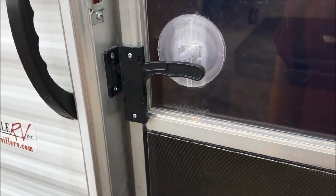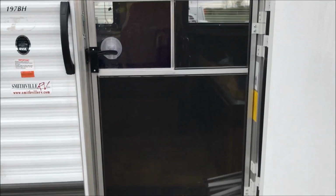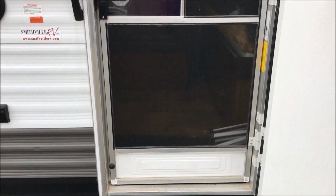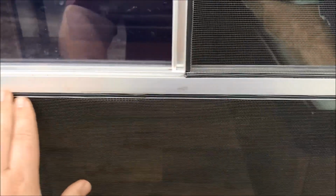How that works, because obviously this is great for light, it's great for ventilation, but also more importantly, it keeps the darn bugs out. It's not the strongest door in the world. If you have a dog who's a little bit excitable, I wouldn't recommend it, because if you notice, the screen is built so that this black stuff that squeezes the screen into the frame is this side. So if you do have a dog or something that tries to push through it, that's going to probably pop